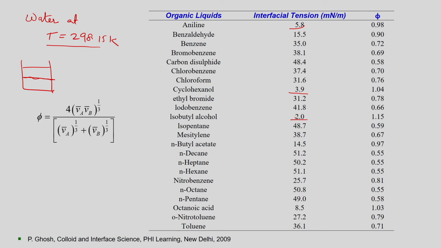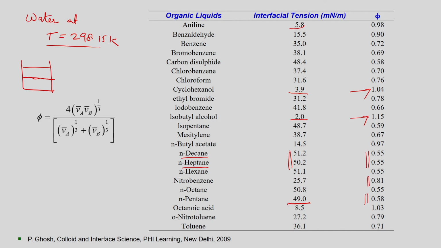Now, you see hydrocarbons, decane, heptane, these have very high values, 51, 50. Correspondingly phi is also less. I told you it is between 0.5 to 0.8 for the non-polar compounds, and for the polar compounds it is higher, let us say isobutyl alcohol it is 1.15 or maybe chlorohexanol 1.04. Or nitrobenzene, some aromatic, then pentane, it is very less, but your interfacial tension is more. So, it means that from these interfacial tension values you can say whether it will be soluble in water or not. So, these are very important aspects.